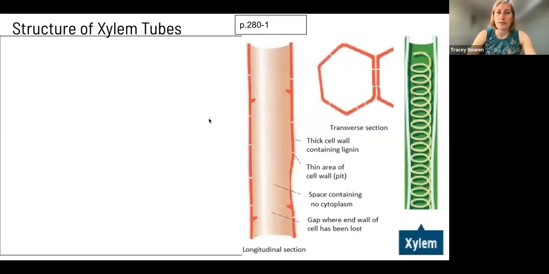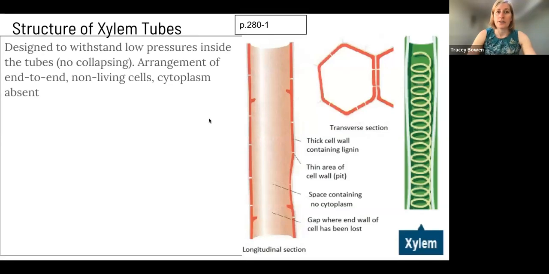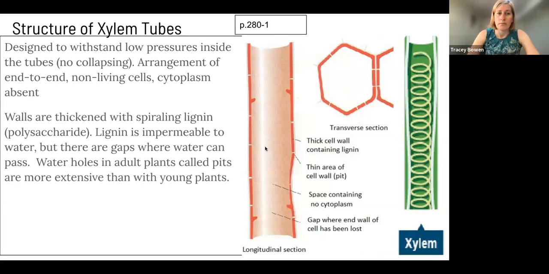So the structure of xylem tubes: they are designed to withstand low pressures inside the tube without collapsing. The arrangement of them is end-to-end cells, but these are non-living cells and the cytoplasm is absent. Because they are non-living, they don't have chloroplasts, they don't have mitochondria, they don't have organelles at all. The walls, in order to prevent collapsing, are thickened with spiral lignin. Lignin is a type of polysaccharide, and lignin is impermeable to water, even though